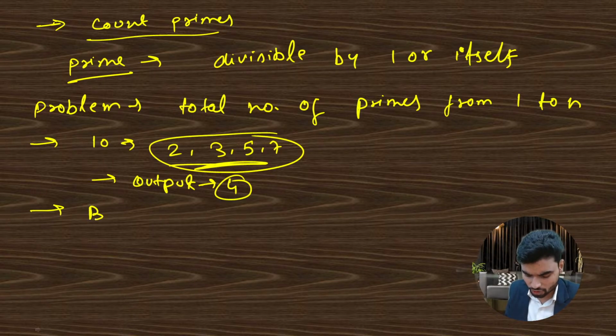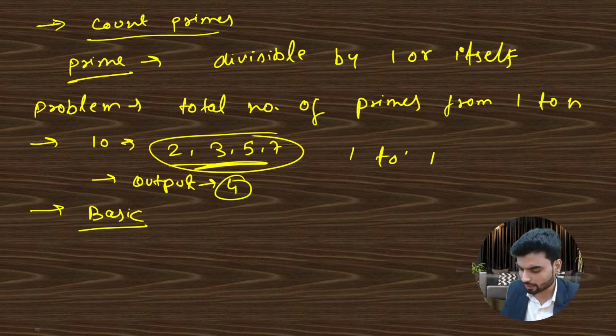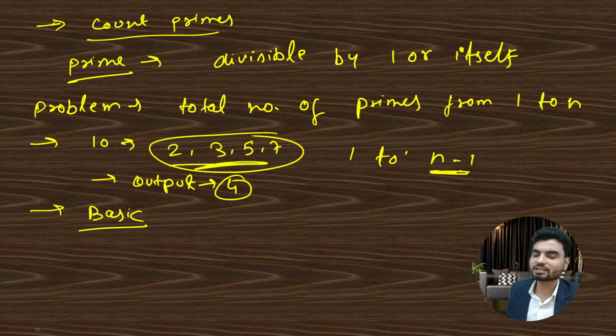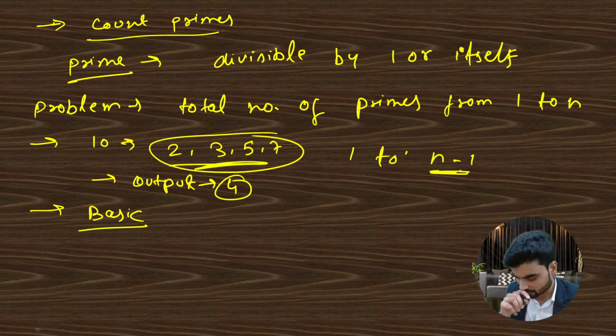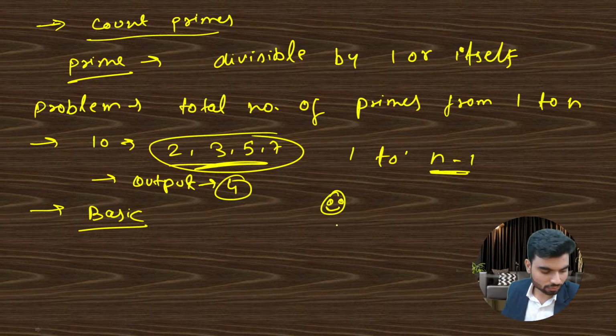So a basic approach can be this: I will pass 1 to n numbers. Okay, 1 to n, basically n minus 1, because n is not included. I'll pass each number, and I will have something which can tell me whether it is prime or not. Just assume there is a person, I don't know who. Give any name to yourself. This person doesn't sound very beautiful, but okay, fine.